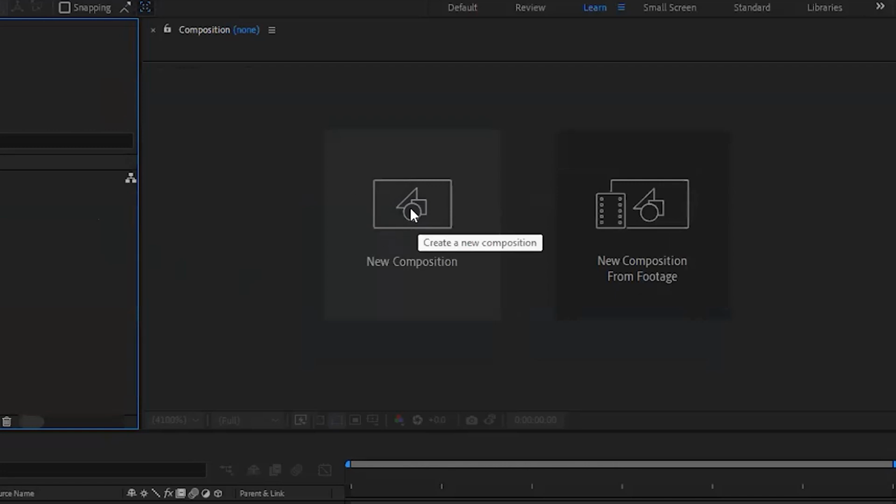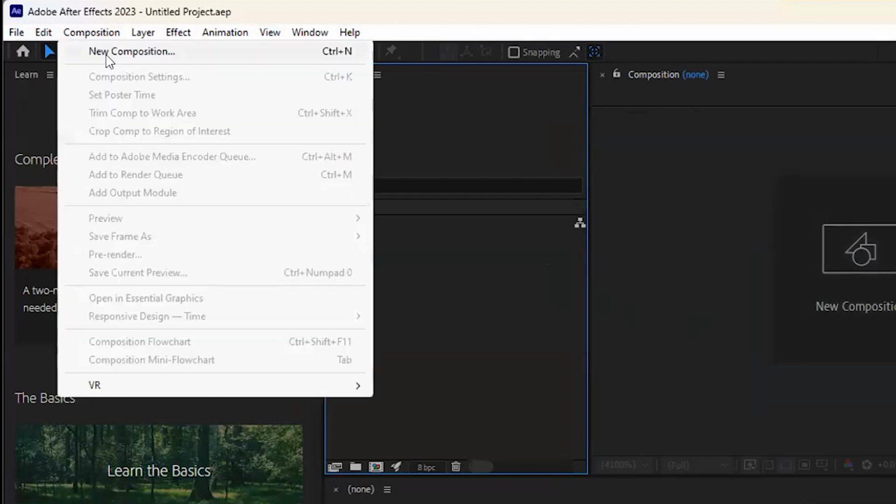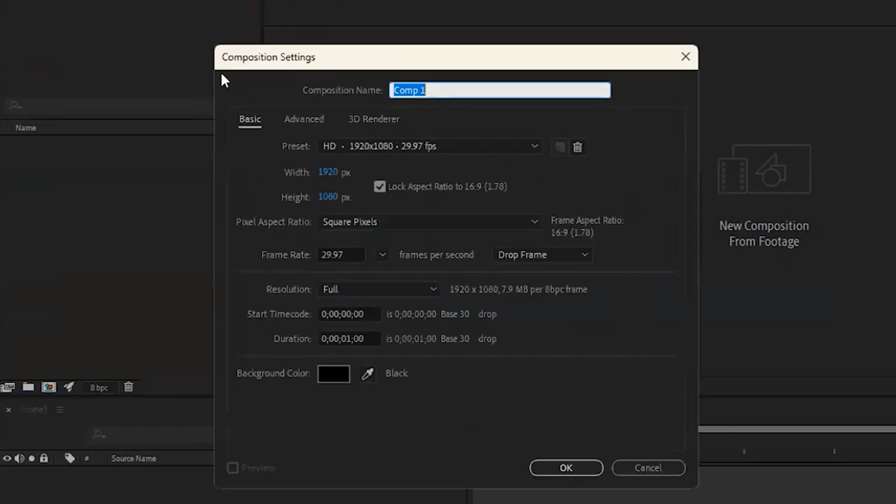You could either click on the box here, or you could go up here to the menu and click on composition and just click new. But let's just click here. So when we click that, it's going to open up the composition settings. Let's just name it first lesson. Oops, learn how to spell, Ray. And I already have it